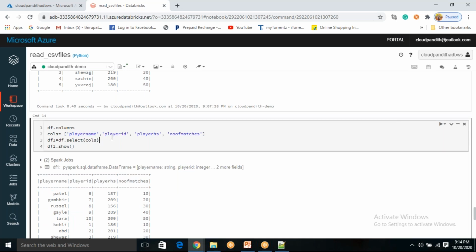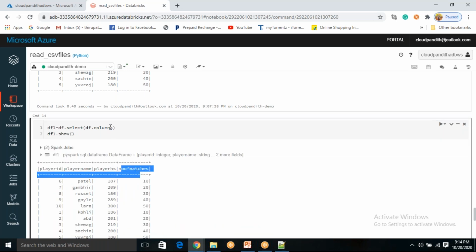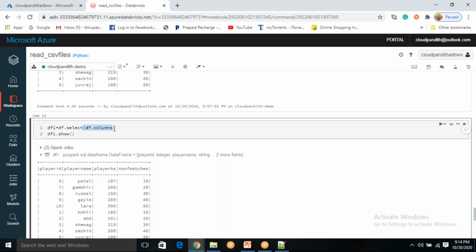But you may ask again, this is you changing manually, but I don't want to touch these things, I want it in a reverse way. Then what you can do here, I have used something called df.columns. This list of values you can reverse. For example, player ID, player name, player highest score, number of matches is the list of columns, and this list you can reverse. Everything you can do. You will be able to understand all these things once we discuss Python, because in Python we will see how to change the order of list items. All those things we will discuss in Python.